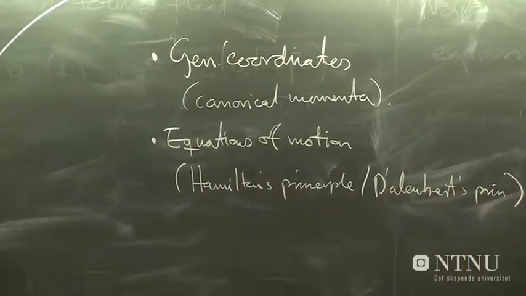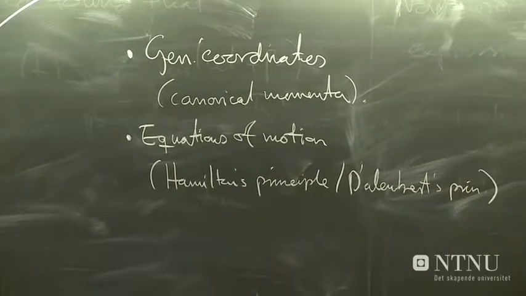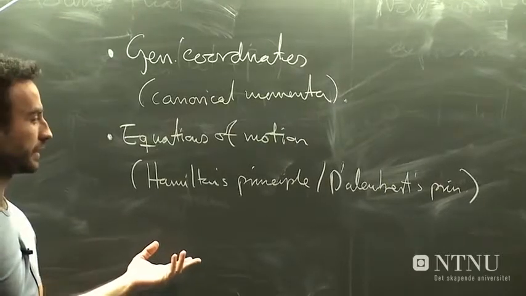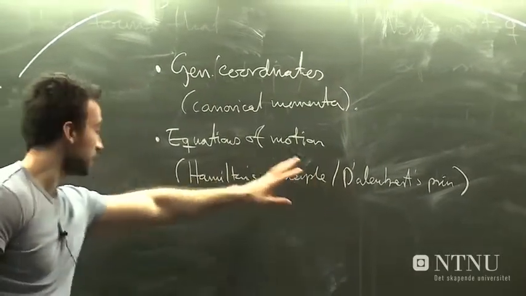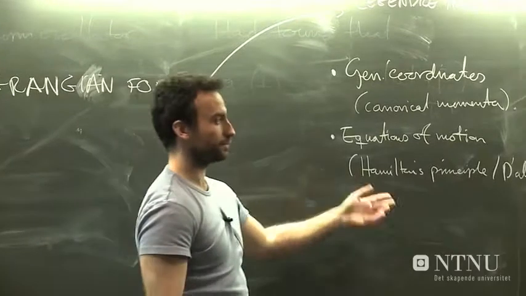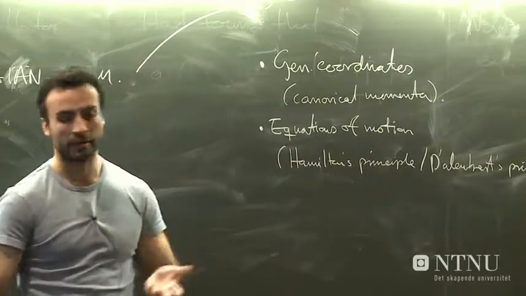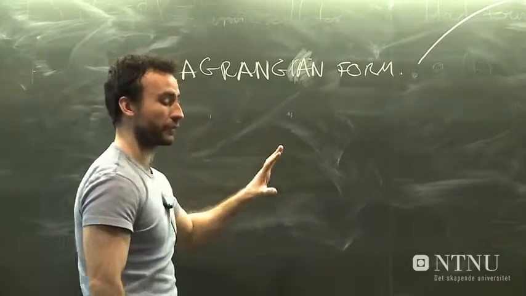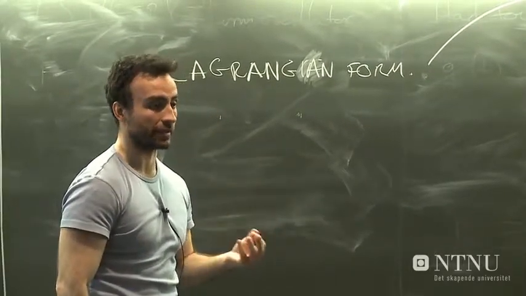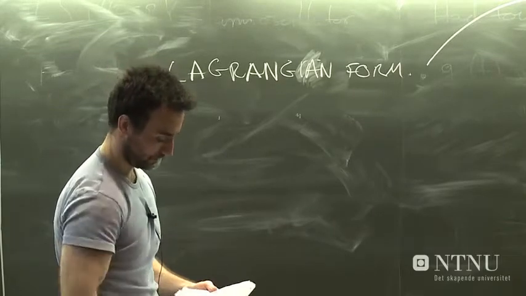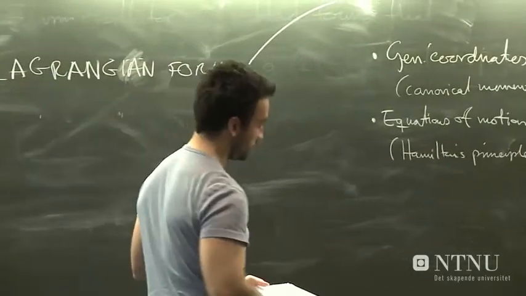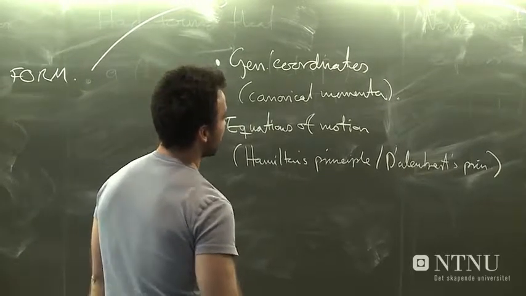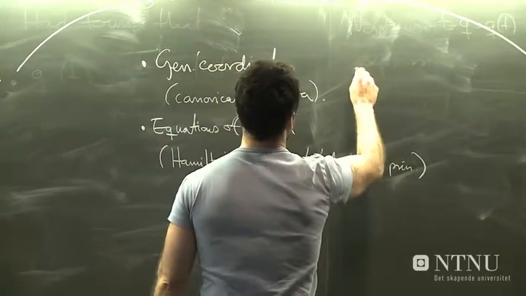Now the way we obtain these equations of motion formally, the manner in which we derive them, is by using either D'Alembert's principle, in this case, or Hamilton's principle. So there are several ways we can derive the same physical content contained within the equations of motion. And the final point here